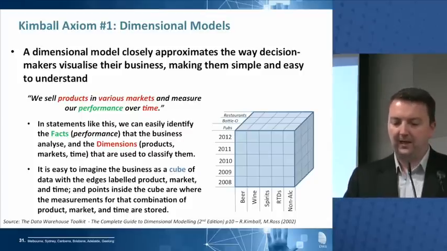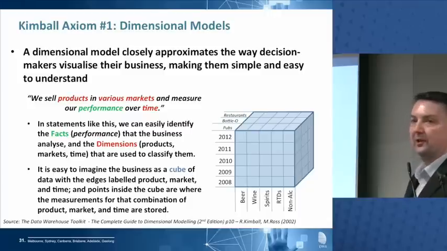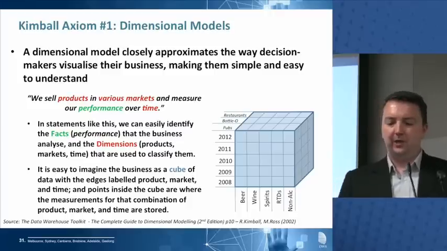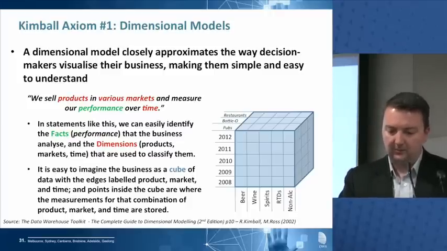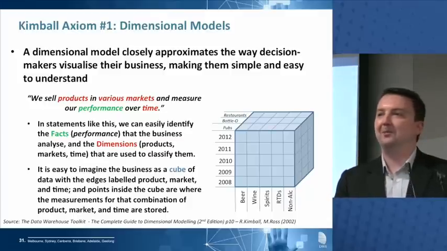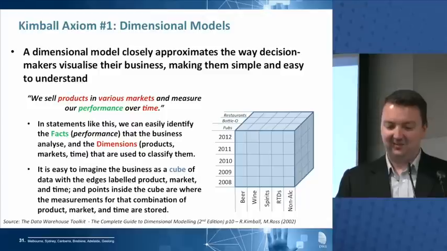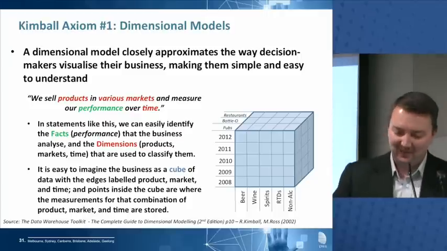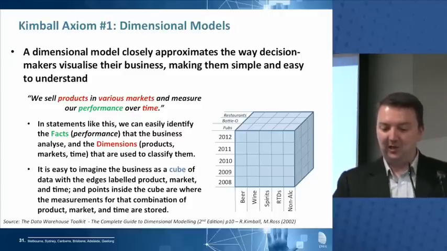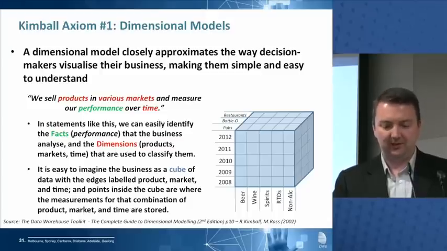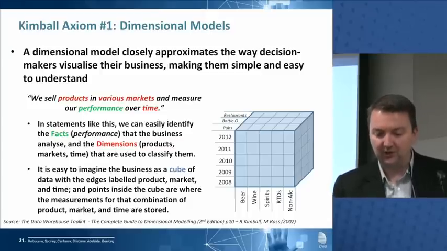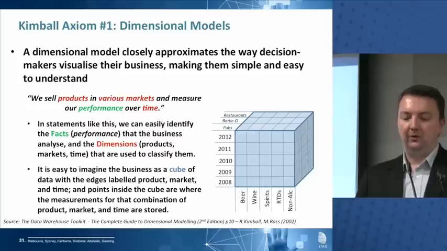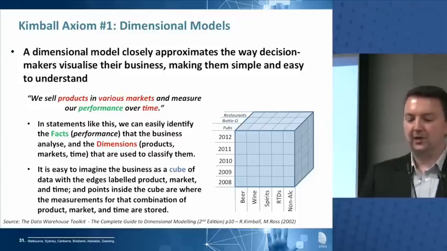Right. So have a look at our cube there. Is that big enough to see right up at the back? You see the little slanty writing? Okay, so imagine it as a cube. We could ask questions. We've got, along the bottom there, our product. I spent a little bit of time in Foster's, and it's a nice, accessible and understandable business model. There you sell beer. So we sell beer, wine, spirits, ready-to-drinks and non-alcoholic drinks, not many of them. Right, we sell them in restaurants and bottle shops and pubs. And we do this over time, we track it over time. So all of these things map back to our CEO's statement there.